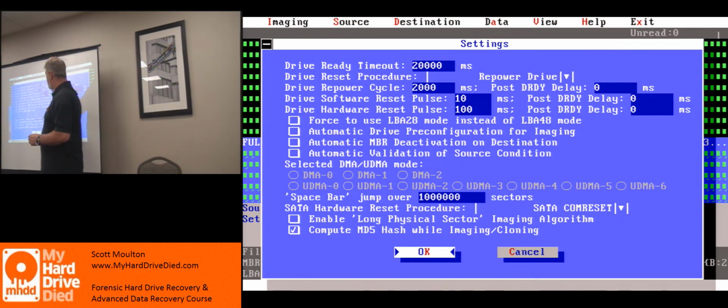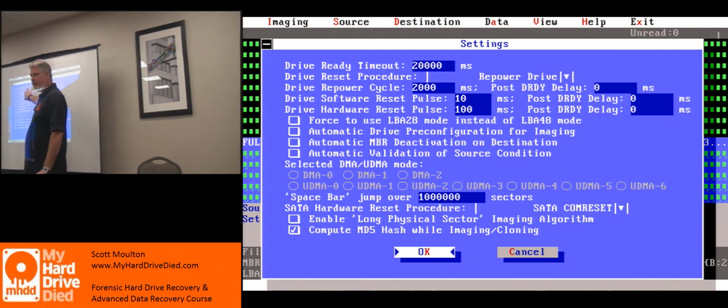So this is all based on hardware. What happens when I turn the power off? How long does the power stay off? When I repower the drive, how long does it take for it to pulse and come back up? And you can play with these settings if you have a really old hard drive that won't work normally. And you know, usually because it never seems to refresh in the screen, things will sound okay on the hard drive. You won't hear anything that sounds weird or anything. You can actually play with timing and increase that. I don't have to do it often now. I used to have to do it more often than today. So keep these things in mind. I'm not going to spend a lot of time on these right now. These are things you play with when things don't work right.